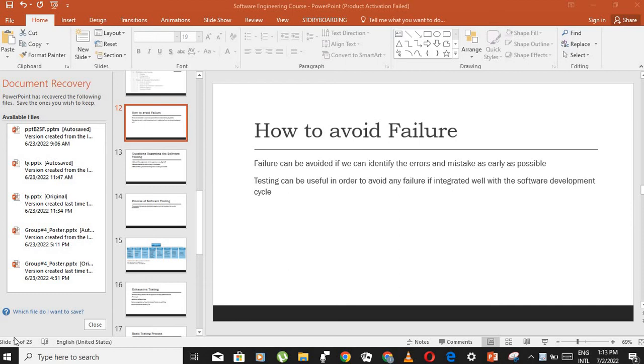So as we have now talked about failure, what is the definition of failures and what are failures? So now we have to talk about how to avoid failures. यानी कि अब देखना ये है कि हम जो failures हैं उनको कैसे avoid किया जा सकता है. So the one thing you can do in order to avoid failure is that